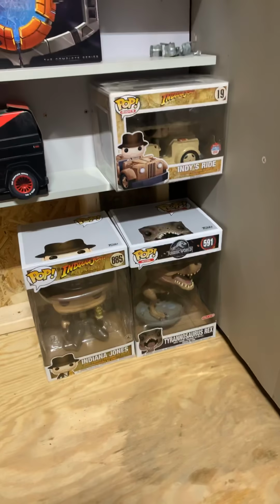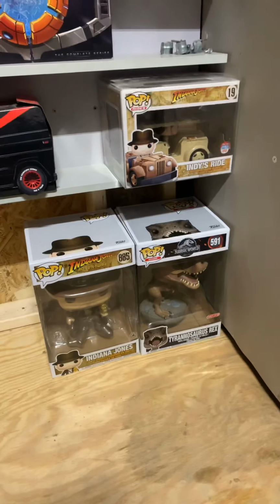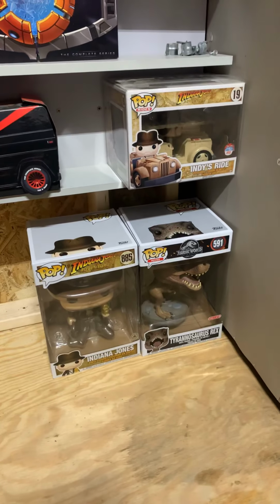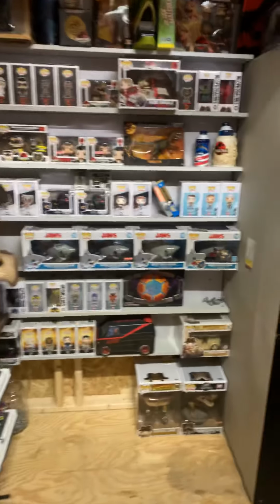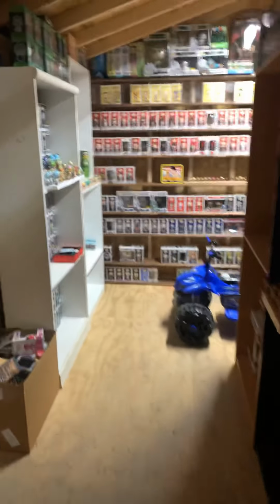I'm missing now two of the regular size Pops and two of the big Pops for Indiana Jones, and I'll have that complete. So in its entirety, that's pretty much everything on this side. But doing a walkthrough now, I can go through here and not have to suck in my gut, my dad bod, and walk through it and